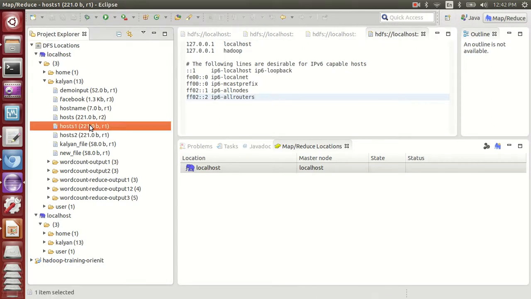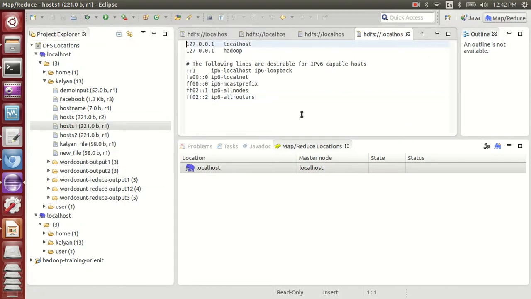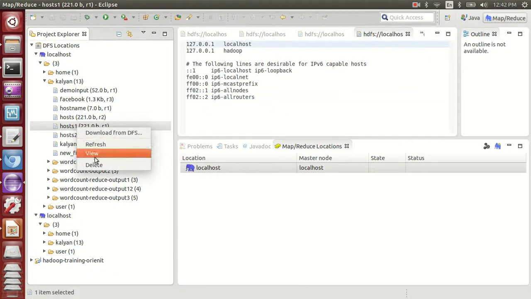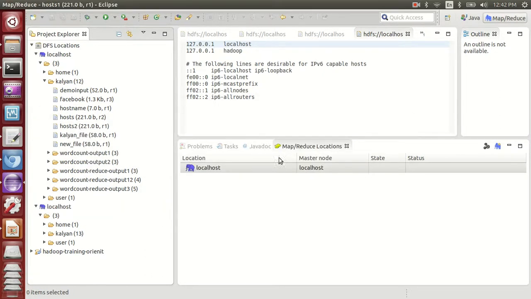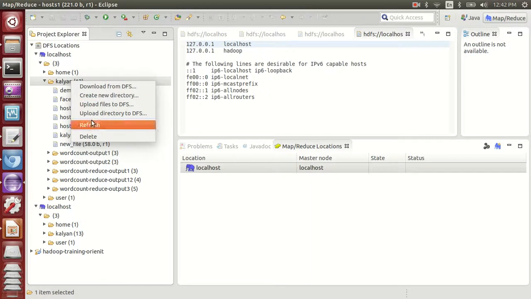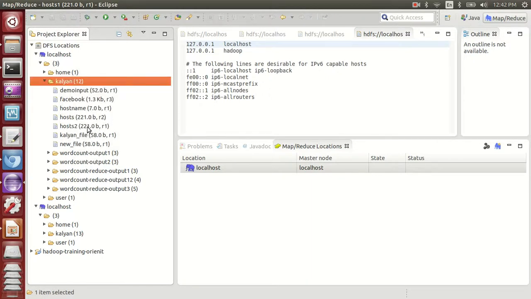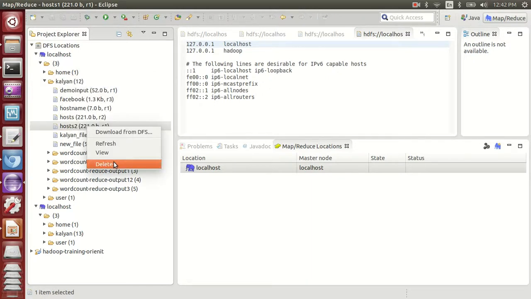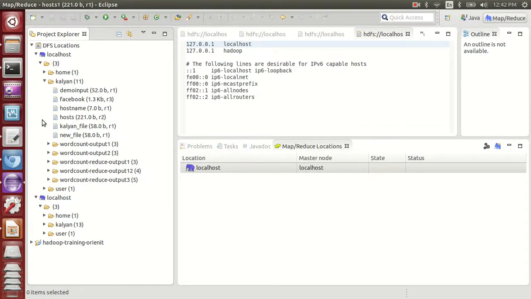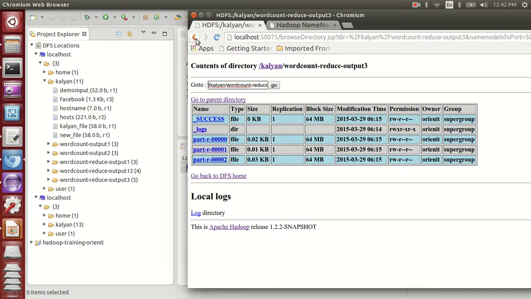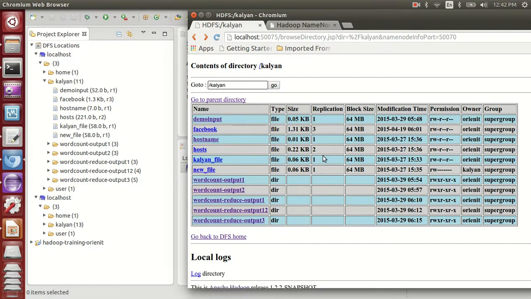First let me see it from my side. I will click on view, same thing, and I will say delete. Delete means deleting the data from HDFS. Now if you see refresh, the auto refresh has already happened, it's done. If I want to delete this one also, let's delete it. Now it's all done. You can verify that information in the browser also, whether it happened or not. So the advantage is that user level flexibility is given through Eclipse here.